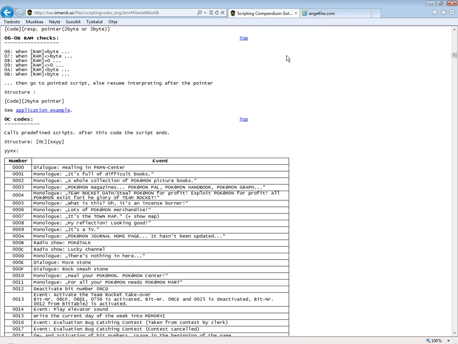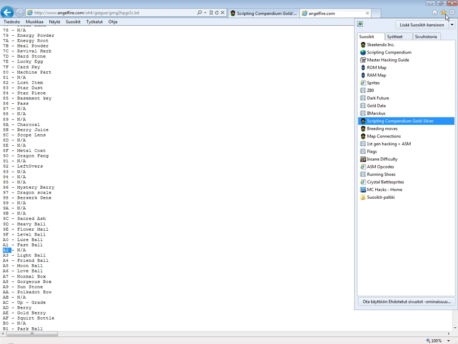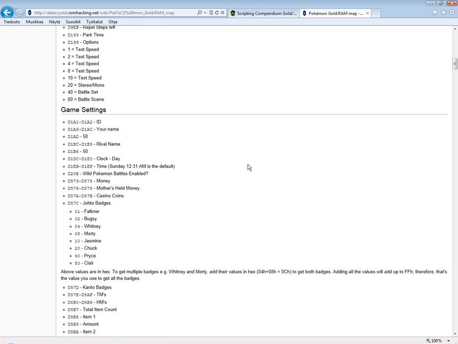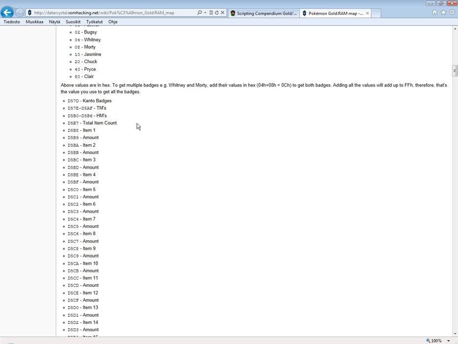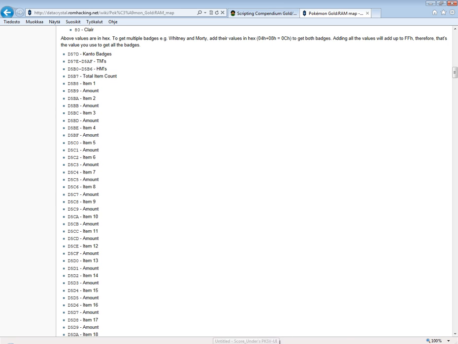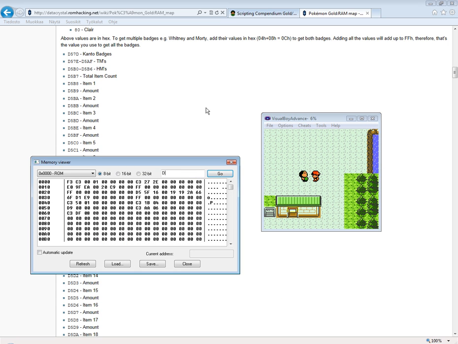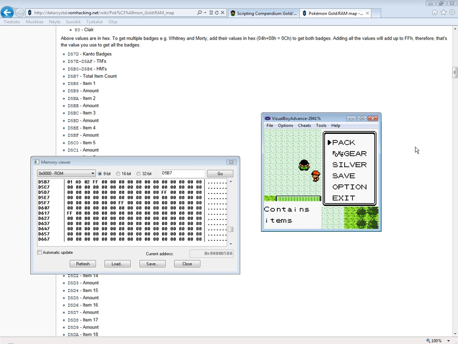And, well, if you check out the RAM map, you can see that the items are stored here in D5 B7. So let's open Memory Viewer and go to D5 B7. This first byte is 01, telling how many items we have in our bag. And item number 1 is AD, which is berry, and we've got 2 of them. And the list ends with FF, telling